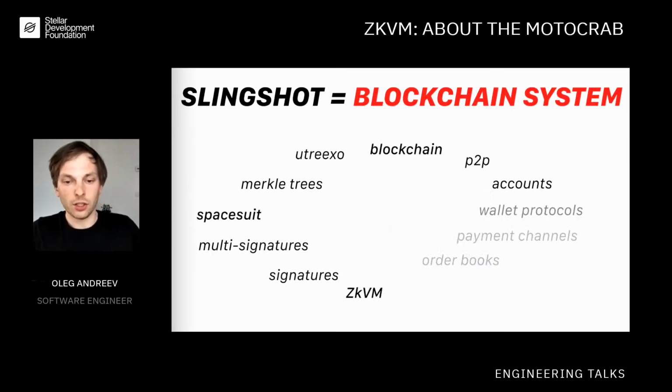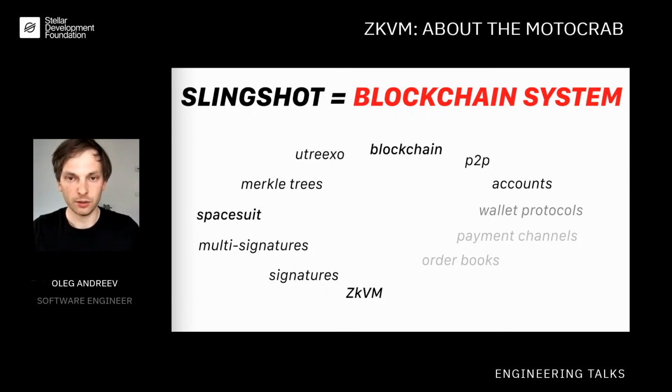Now, what is Slingshot and how does it relate to ZkVM? Slingshot is an umbrella term for the entire suite of libraries and protocol implementations that include not only the most interesting part, the transaction format, the zero knowledge proofs, and the programmable conditions, which is ZkVM, but also all the auxiliary cryptographic libraries, such as signature schemes, multi-signature things, the Merkle tree implementations, all the way to the entire blockchain